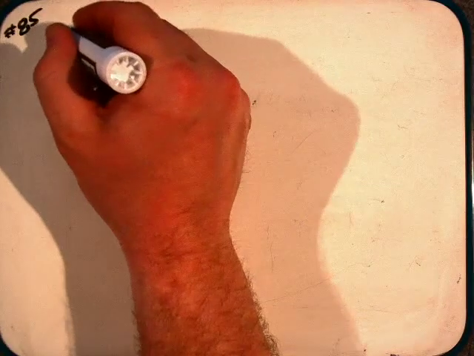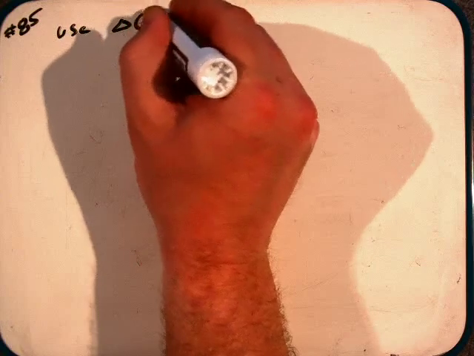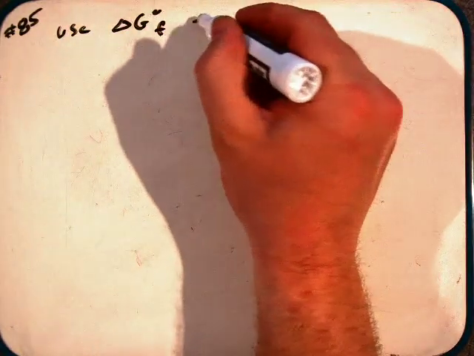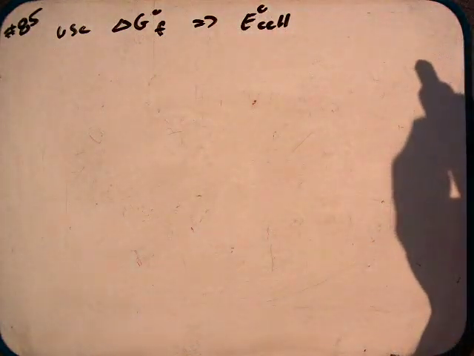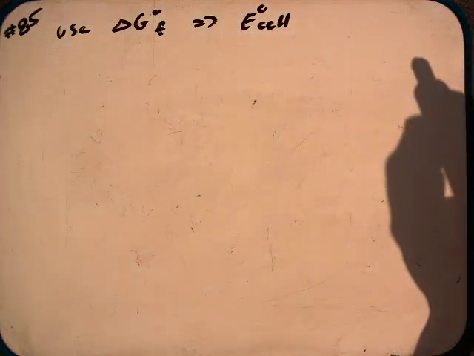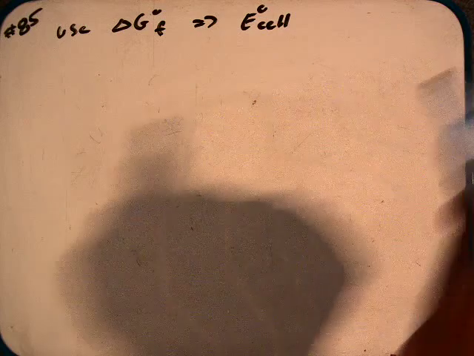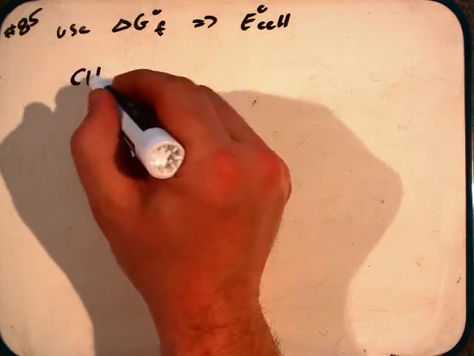This is number 85 in chapter 18. It looks at the calculation of a cell potential using delta G's. So we want to use delta G's of formation to ultimately determine the cell potential for a particular process. And it says that we have a fuel cell that employs the reaction between methane gas